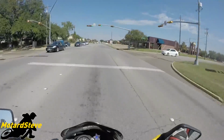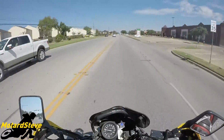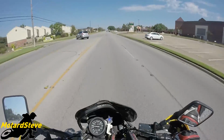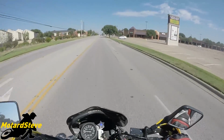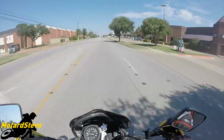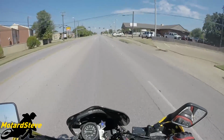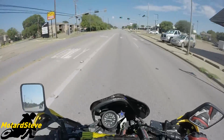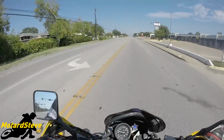Reliability wise, the DRZ-400 is probably almost just as reliable as the 650. I mean, yeah, it has the liquid cooled system that you could fuck up something on, especially when you're off-road. You could puncture the radiator, or rip a hose, or smash the water pump, and that'd pretty much knock your bike out of commission. There's more parts on the bike that could potentially break,